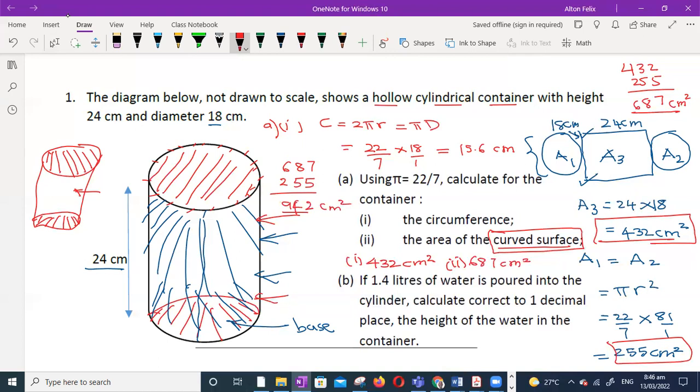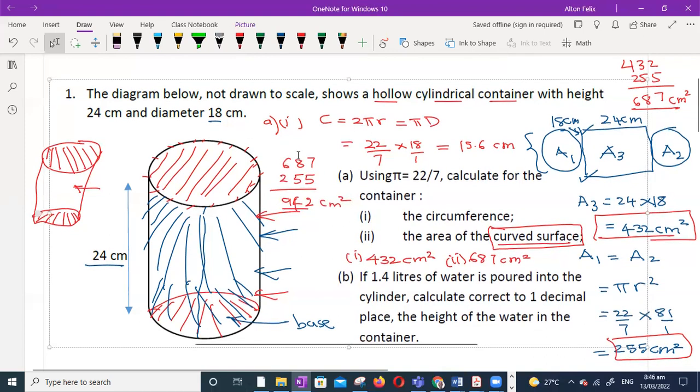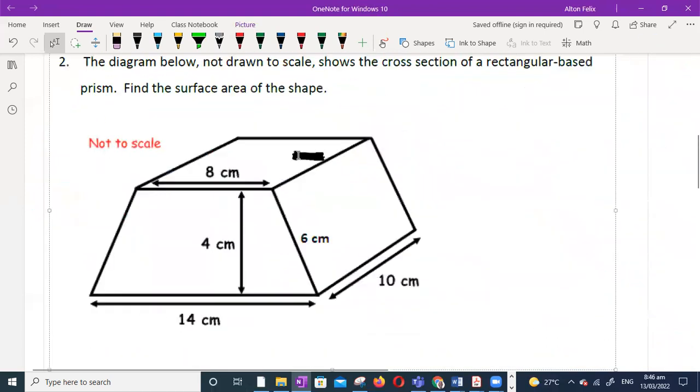All right, so let's proceed. Part B of the question, let's see what that's asking us to do. Right, so part B of the question, they give us,